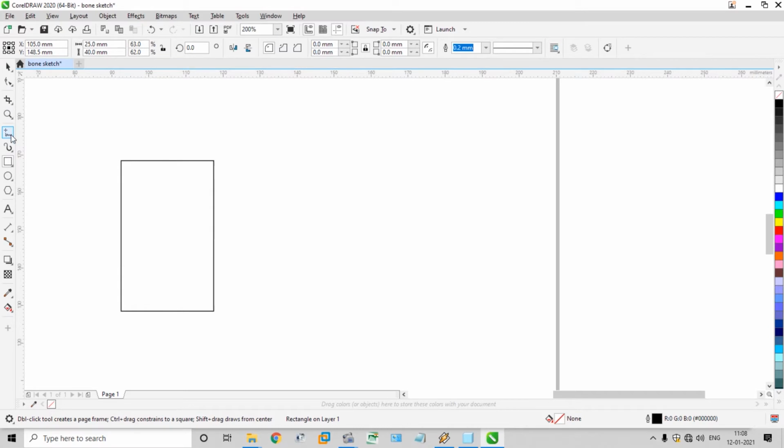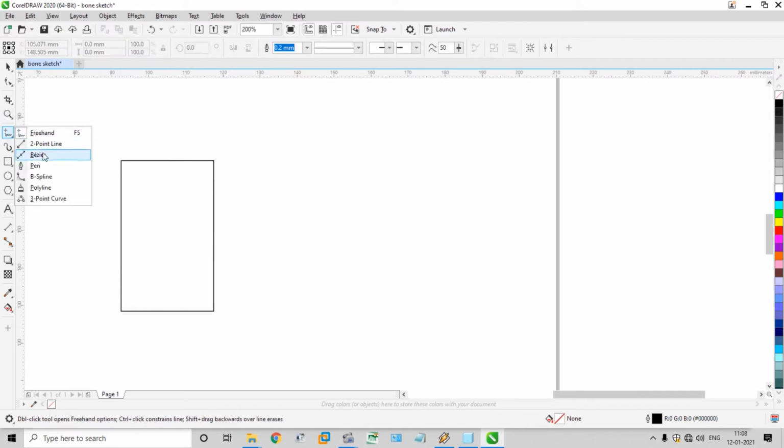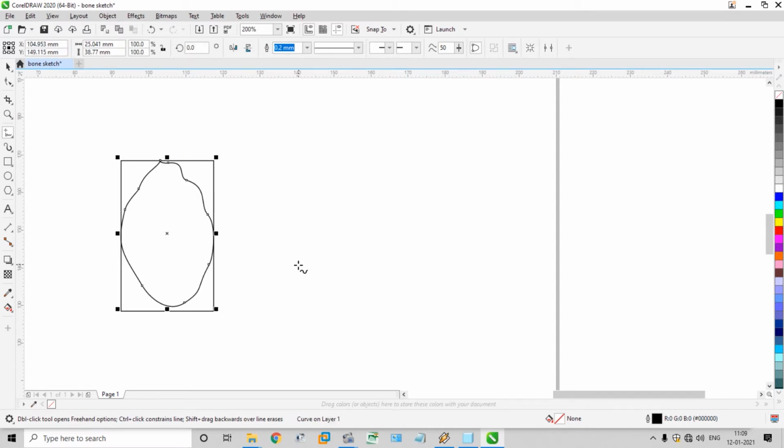take a pencil, freehand tool, F5. So it's not fine. Another draw tool.